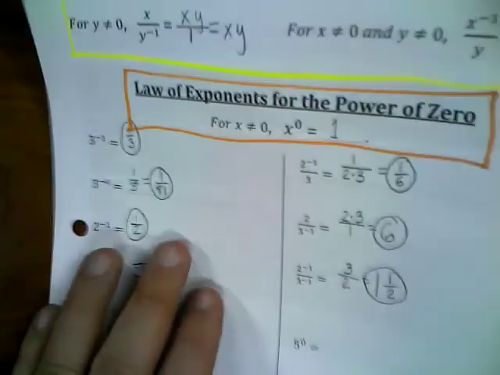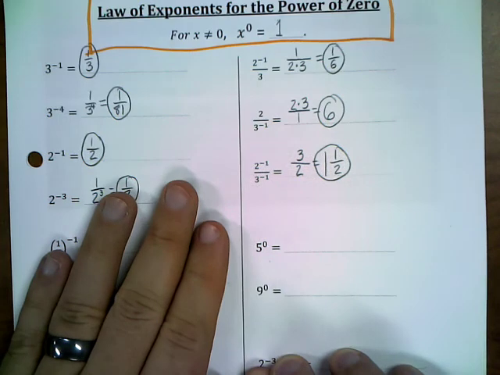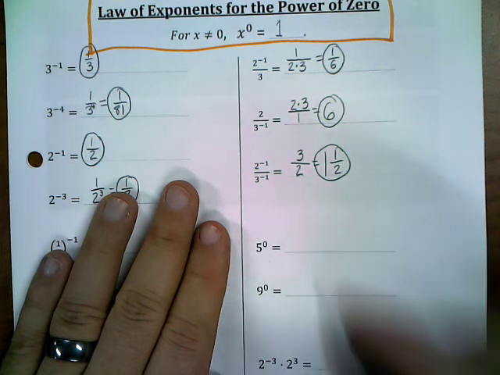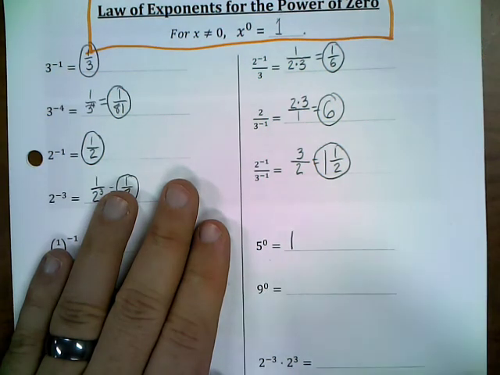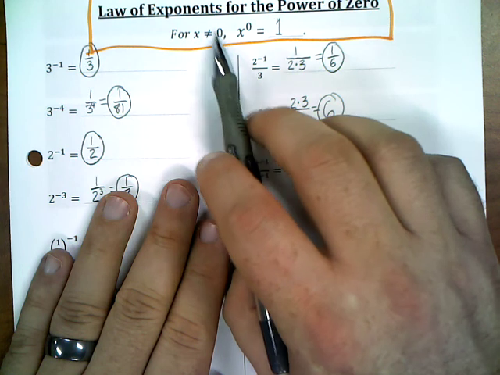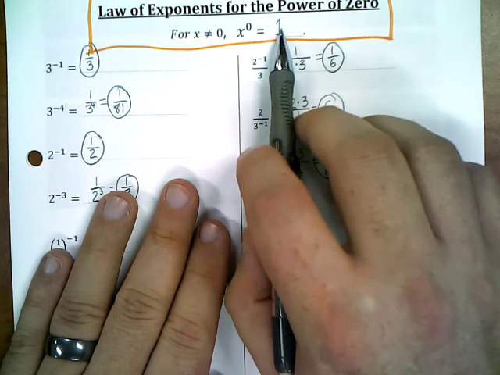All right, next example. Next example, I want you to do just those two, and you're going to use our power of 0 law. So 5 to the power of 0 is 1. 9 to the power of 0 is 1. Hopefully you got that. Those should be nice and easy. As long as it's not 0 that we have as a base. Anything else to the power of 0 is 1. And last of all,